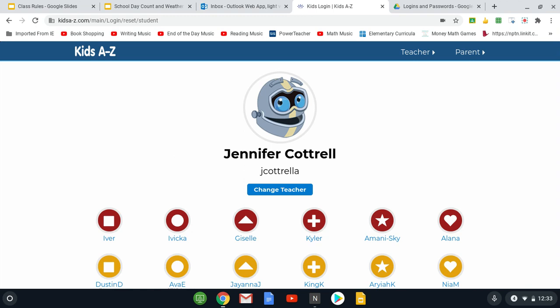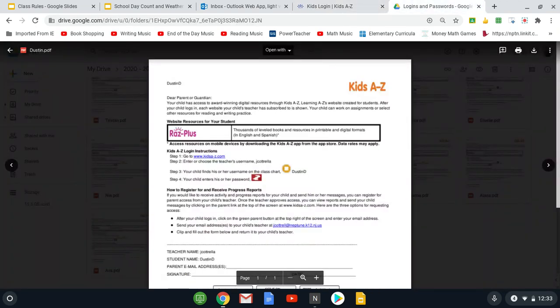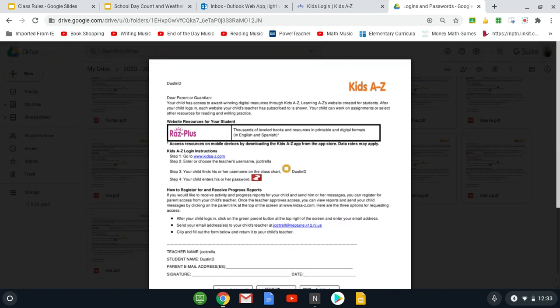So every parent is going to receive in their email their child's login and password. It's going to look like this. You're going to receive this PDF file in your email specific for your student. It's going to tell you to go to the website